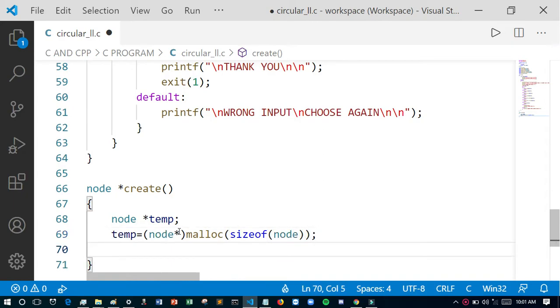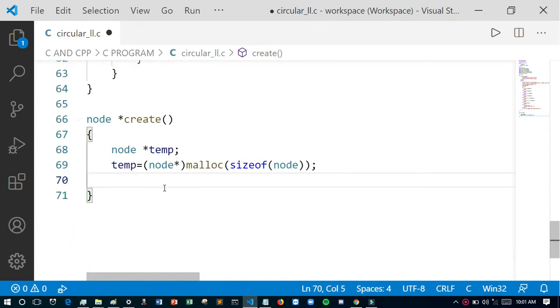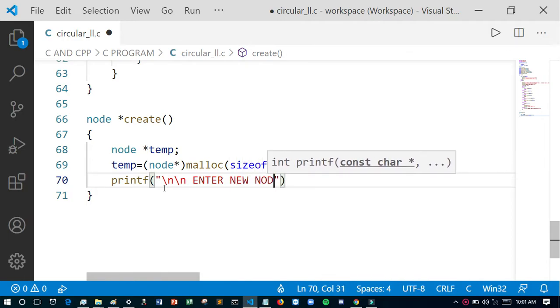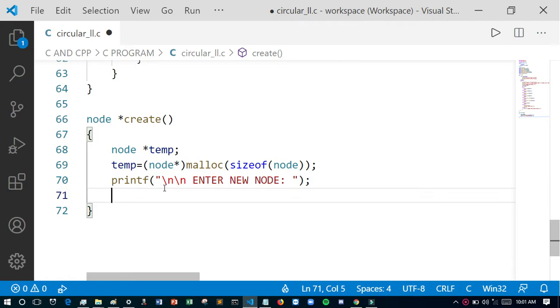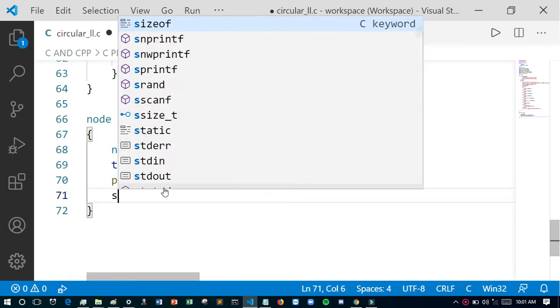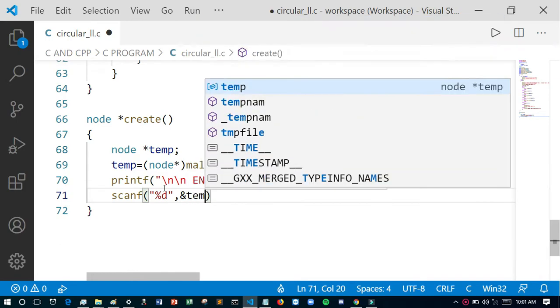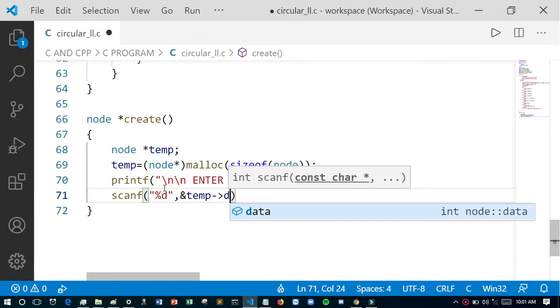Then I have to tell the user to enter the new node data. When I give this message, the data will be read using %d and stored using %d, then temp arrow data.